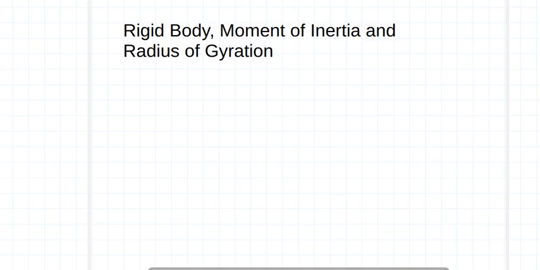A rigid body is a body which, when we apply some force over it, will not change its shape and configuration. The atoms, or atomic positions, or even we can say the particles, do not change their positions on the application of some external force, right? So let me define a rigid body.